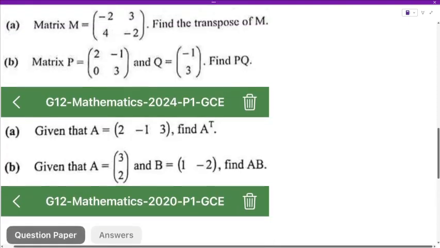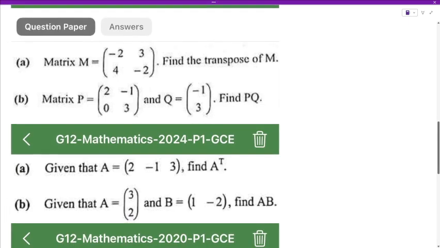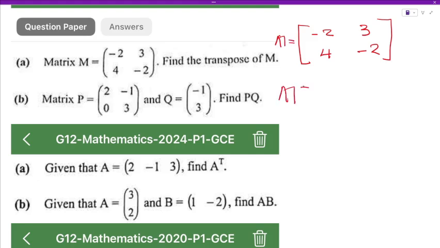Alright, so this one they're asking us to find the transpose of matrix M. So matrix M has been given to us as -2, 4, 3, -2. Close. It's a 2 by 2. So M transpose will be equal to, the first row becomes the first column. So what is the first row? It is -2, 3. Becomes the first column. The second row is 4, -2. It becomes our second column, 4, -2. And we are done. Okay, we proceed to the next one,